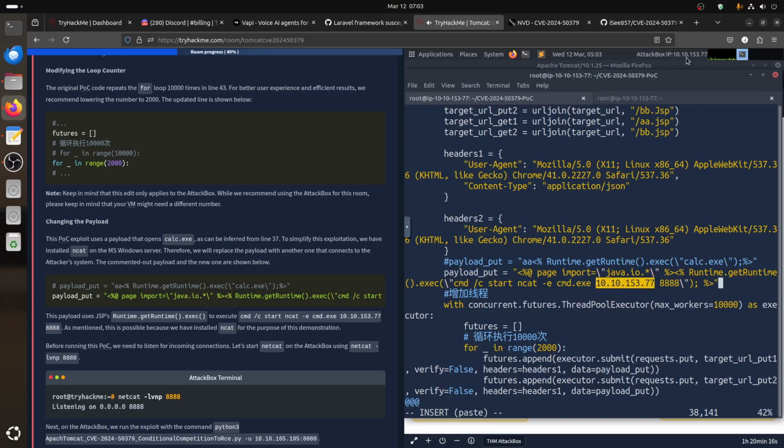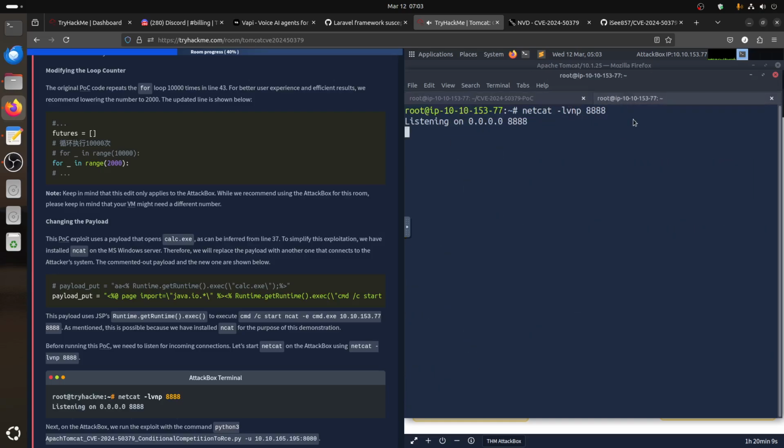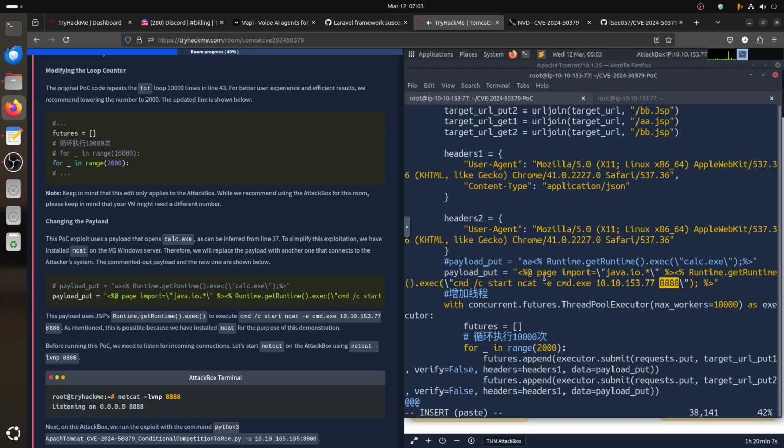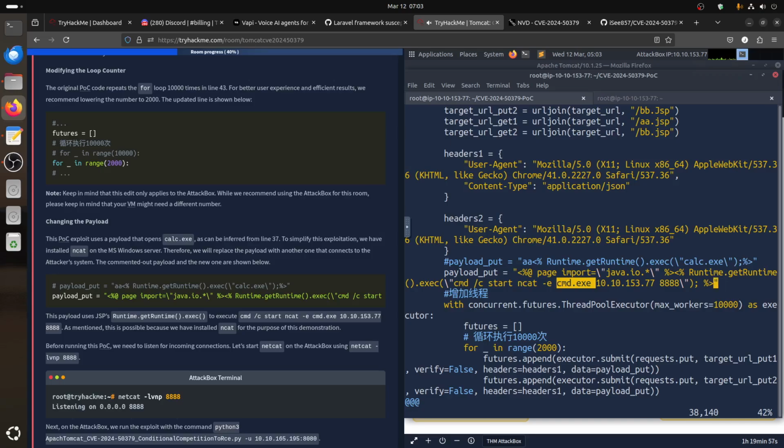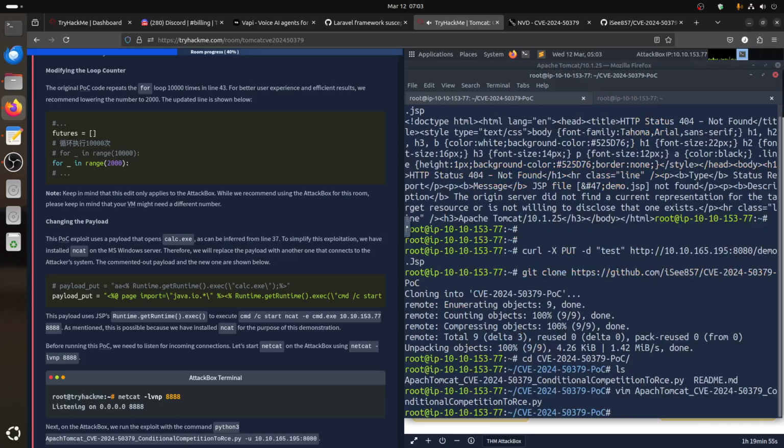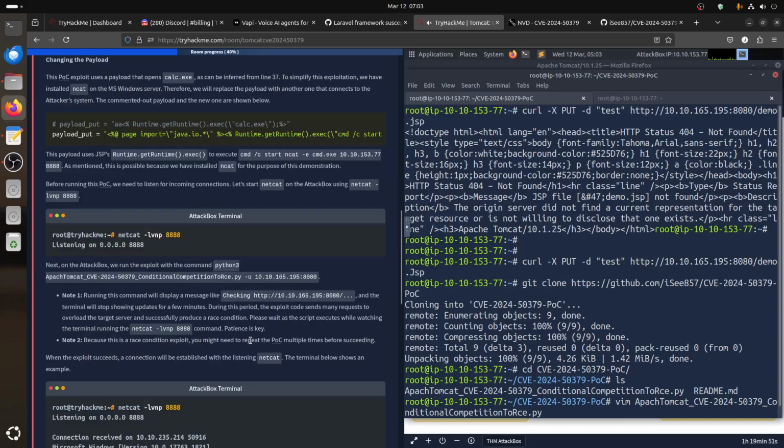It is my IP of TryHackMe. You can always see it in the corner, 10.10.153.77. I'm doing port 8888. So basically this is Java, I think, I didn't see this before, but it seems to start a netcat command execution and share. Yesterday when I did this, it took a bit of time to run it. And of course now we can